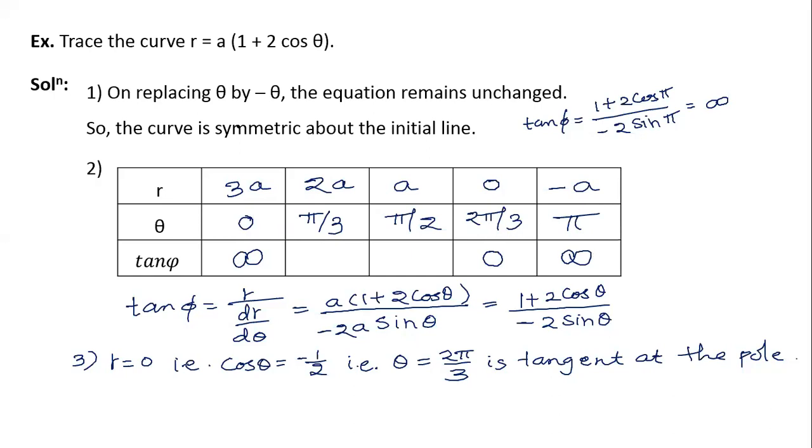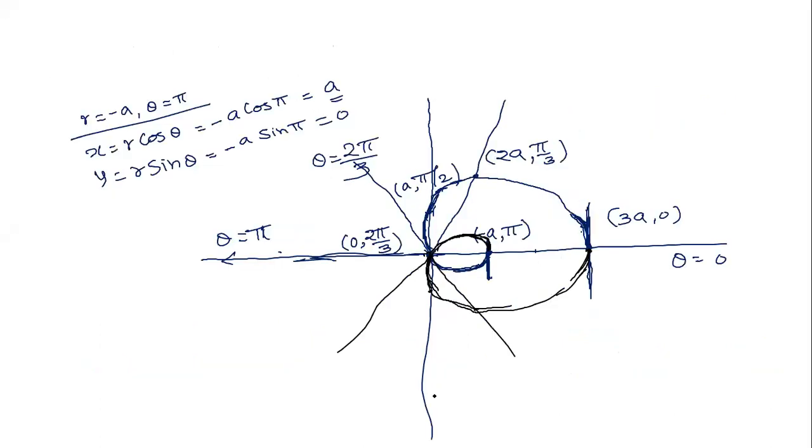Graph. Okay, so first we have to go through the properties one after another. Whatever properties are satisfied, those are to be noted as different points. Now this curve is symmetric about the horizontal axis. So what is to be done? As it is symmetric about the horizontal axis, we'll be just drawing half of the portion, whether upper side or lower side.